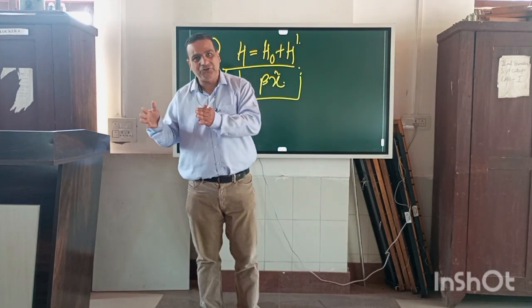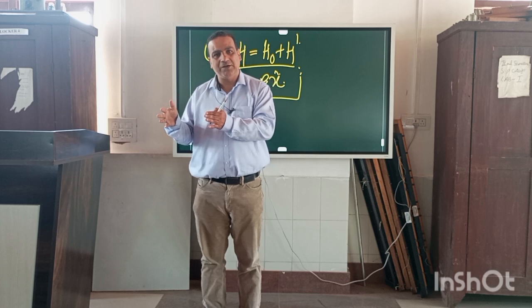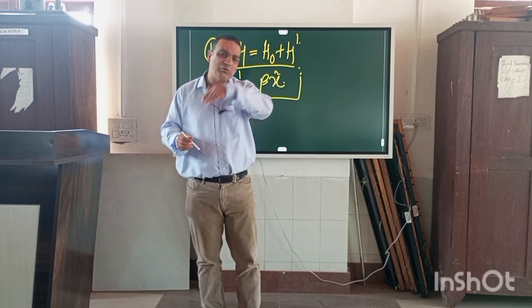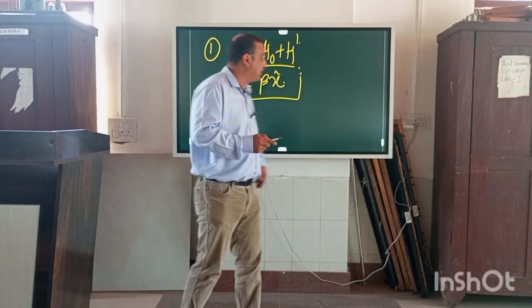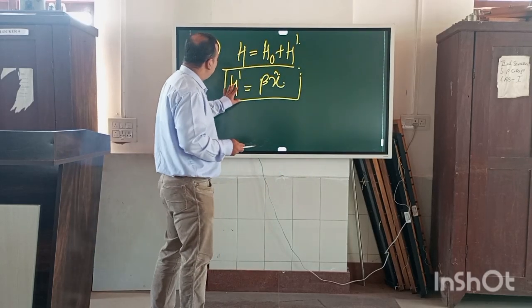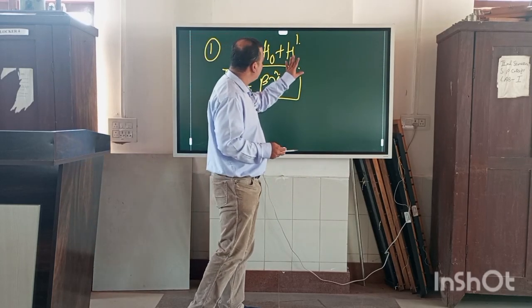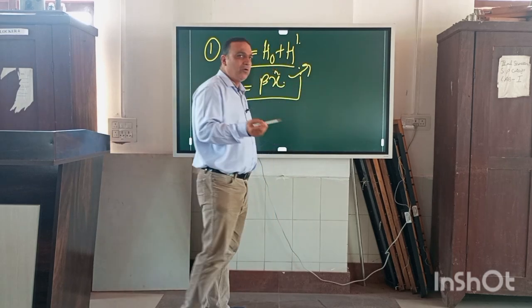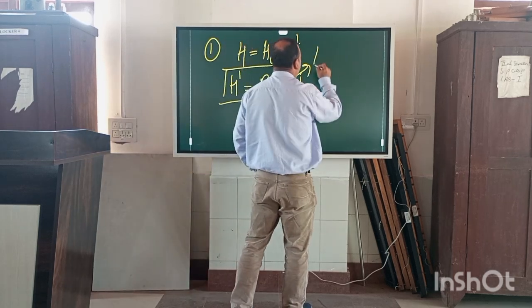It basically makes the transition of your system towards an anharmonic oscillator. So this perturbation that we introduce turns our ideal harmonic oscillator problem into an anharmonic